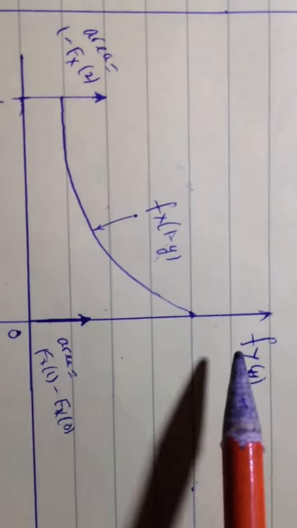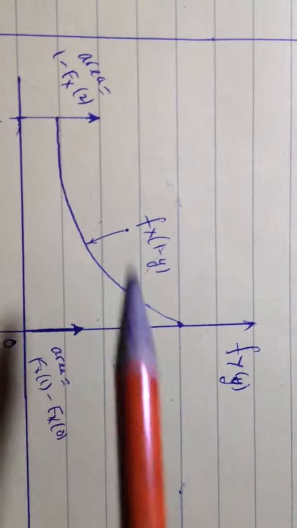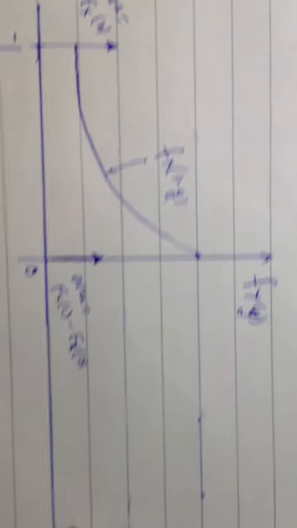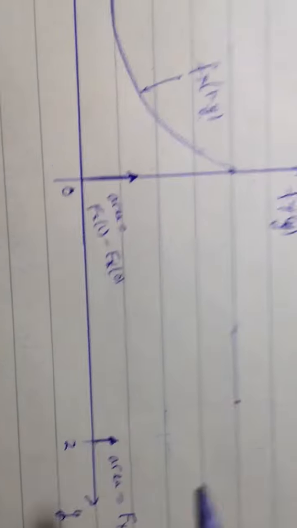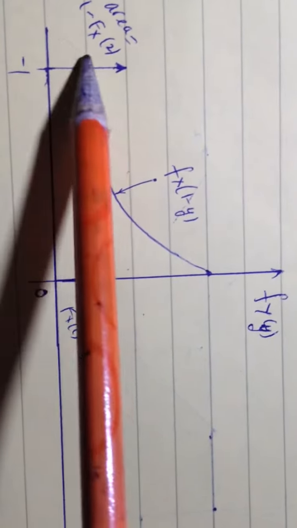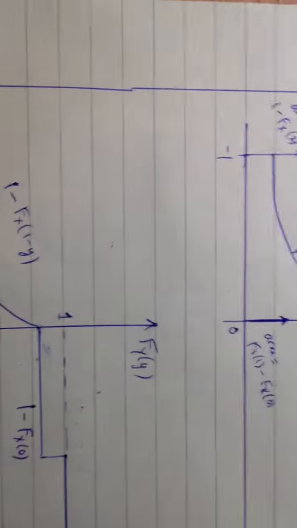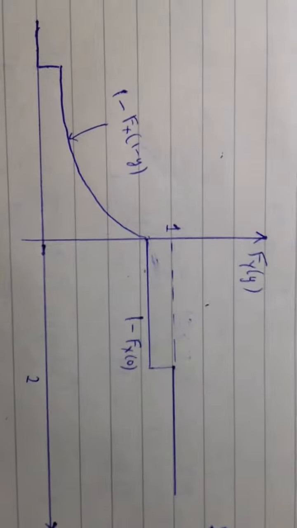The PDF has a couple of impulses with the areas as shown. And it has a function of y between -1 and 0, which is a curve of that form. On the other hand, the CDF of y,